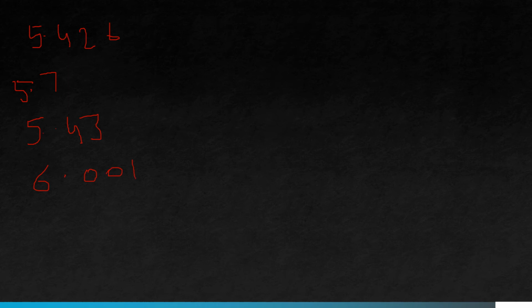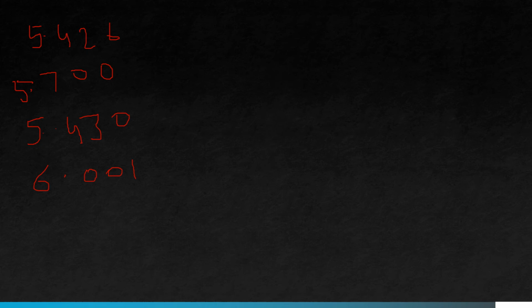First of all, what you have to do: all these are unlike decimals, you have to convert these into like decimals. How will you convert? After the decimal, here we have three places, here only one place, and here two places. And this is our three places. So what we can do is convert this. Here we can add 20, here we can add 10. We have converted these unlike decimals into like decimals.